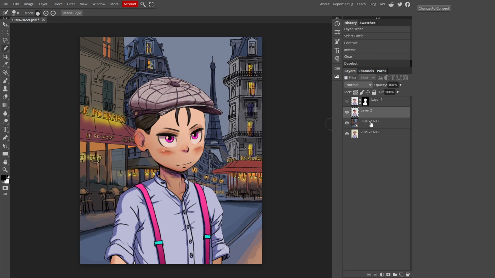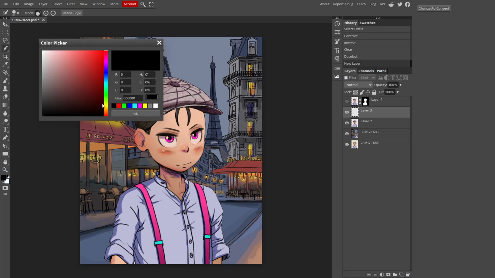image more fancy. As you can see in my French team image, there is a lot of light here. So I can enhance this light actually. It's very simple. I'm gonna click on this icon to create a new layer, so a new blank layer. And I'm gonna go into the image and select something warm.